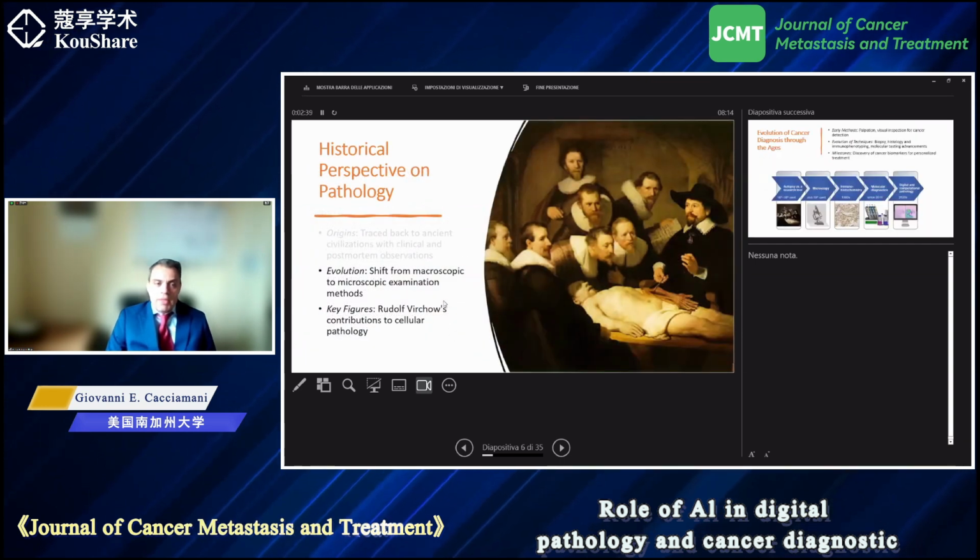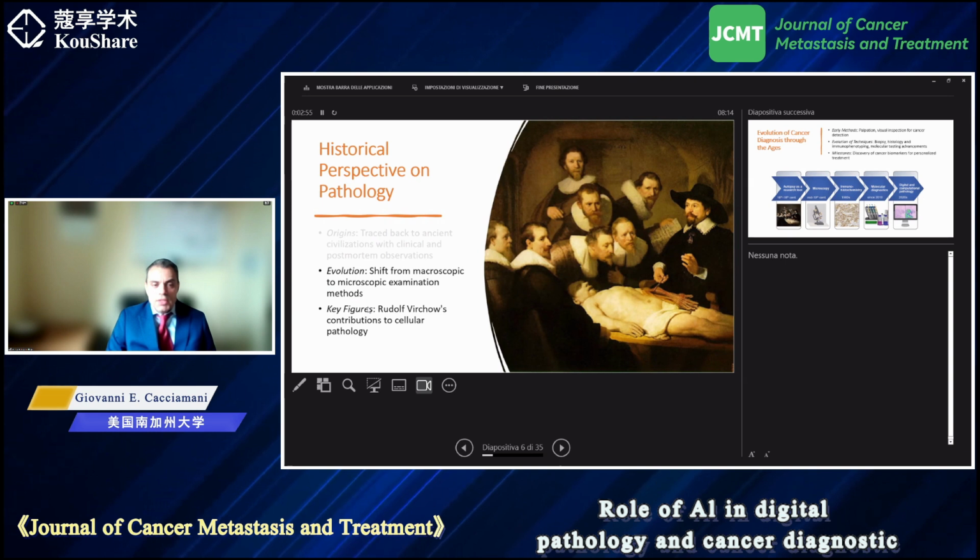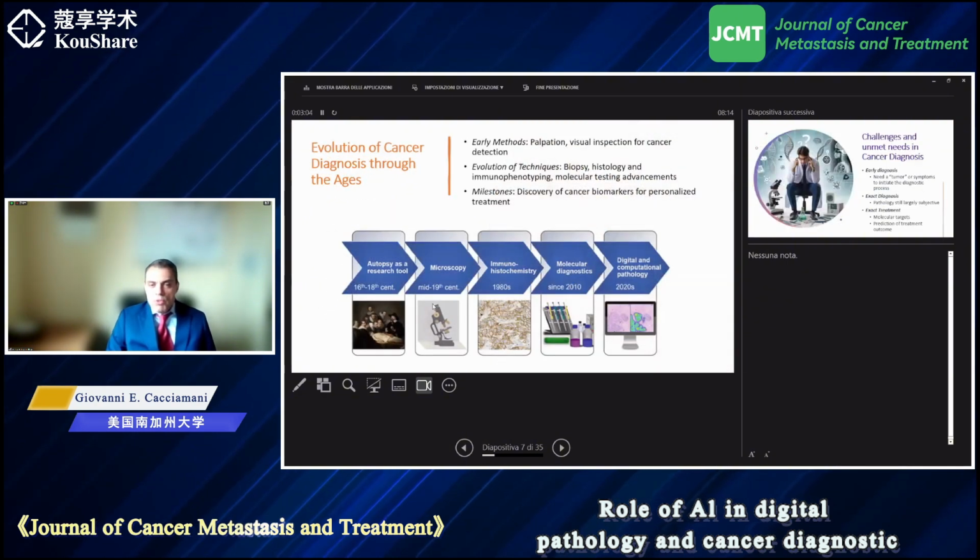With time, pathology did evolve, and the major change was the shift from the macroscopic, just postmortem examination, to the microscopic examination of tissue at the microscope. And the key figure in this regard was Rudolf Virchow, who described extensively and put the basis for cellular pathology. But moving more specifically to cancer diagnostic, of course, we started from the clinics with the clinical examination, palpation of